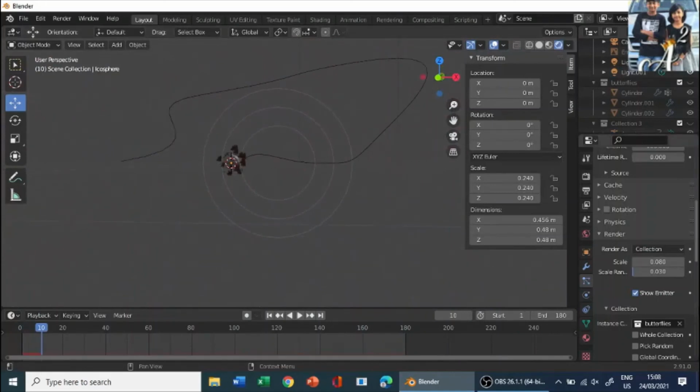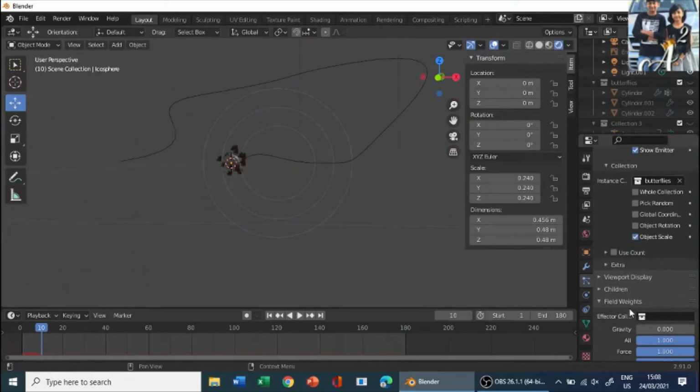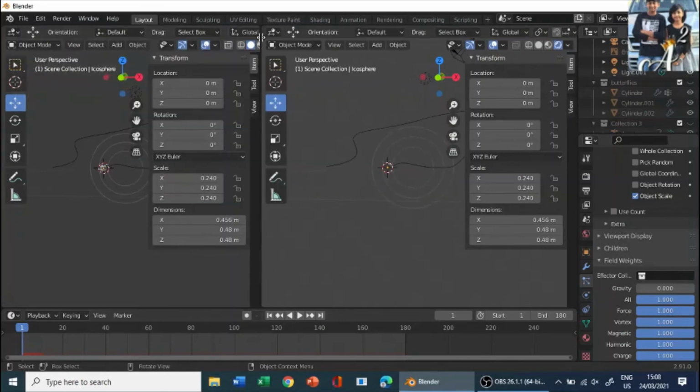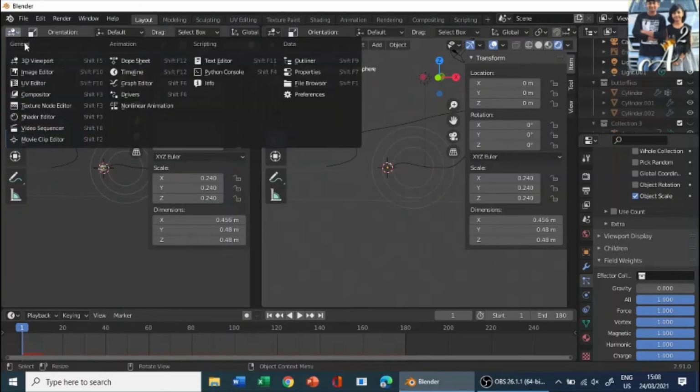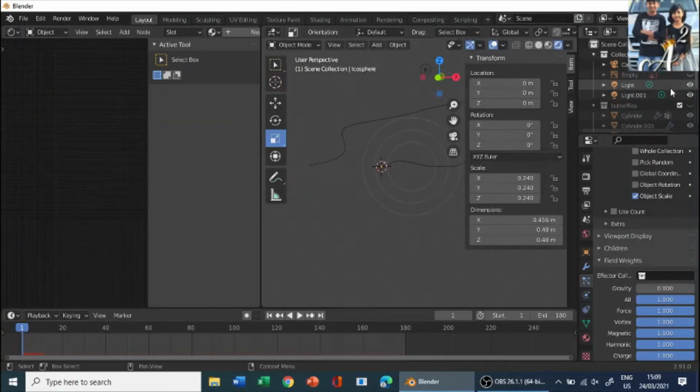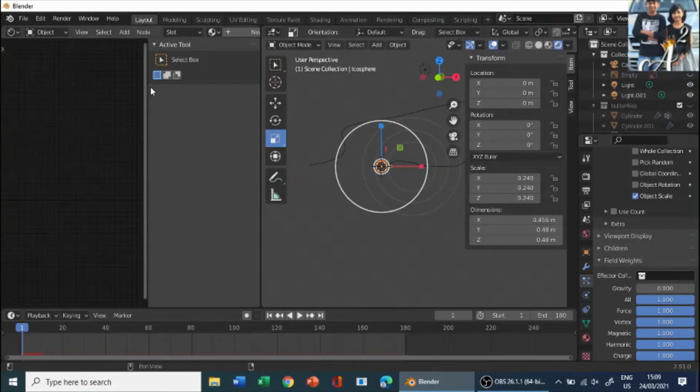And now next what we need to do is go under our sections tab. We need to change its color. So what we're going to do is click on it and change it over here, and let's add a new tab as shader editor. And if you see, click on our butterflies. In this case, let's go to this particles, click on the particles, and if you go to the shader editor, some tab should be there.